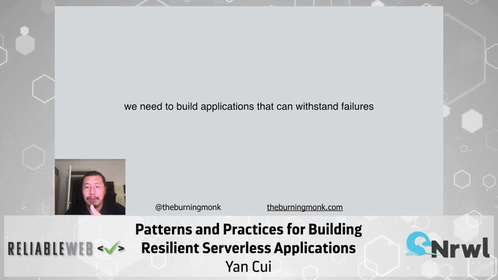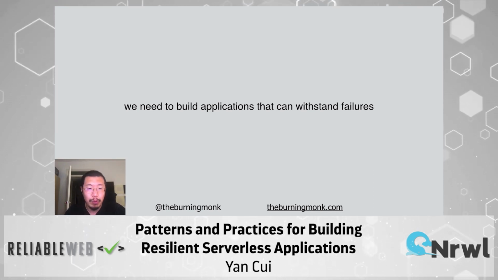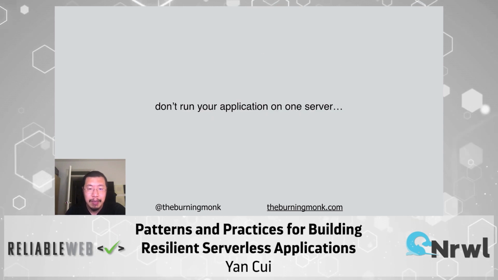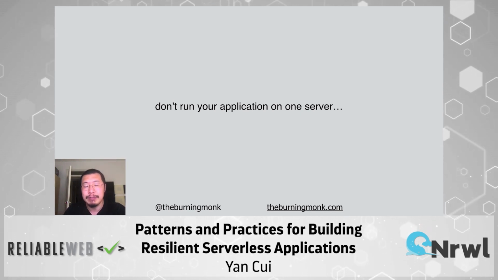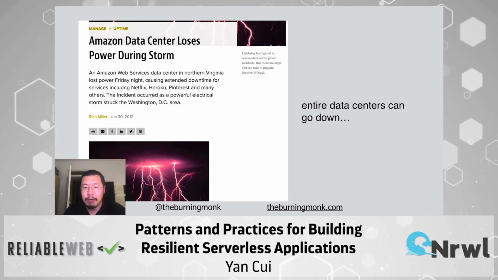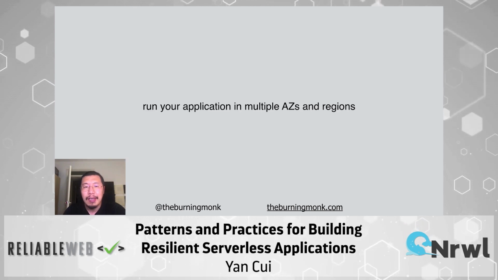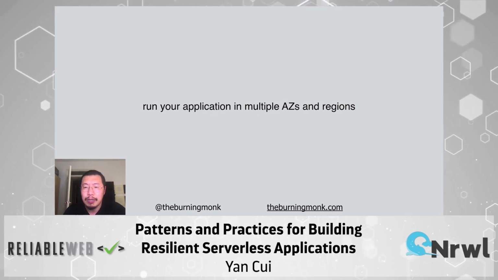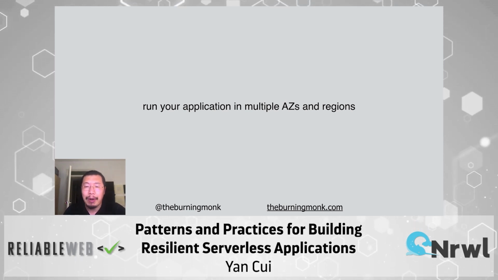But what we can do is build applications that can withstand different forms of failures and recover from them quickly. For example, in a data center, hardware fails all the time. To withstand hardware failures, we run our applications on multiple servers so we can withstand failures of individual servers. And since data centers, or in AWS terms availability zones, can go down in exceptional circumstances, although of course it's not an everyday occurrence, we still run our applications across multiple availability zones, or sometimes even across multiple regions,